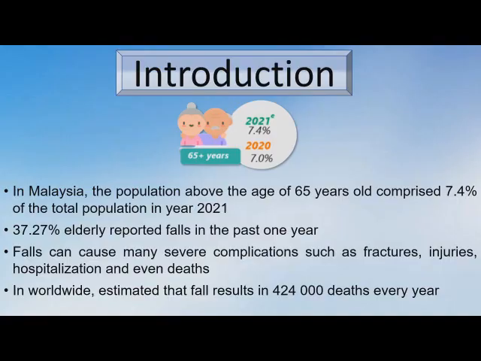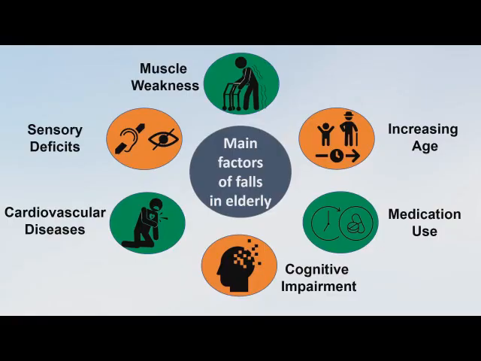So in Malaysia, the population above the age of 65 years old comprises about 7.4% of the total population in the year 2031. About 37.27% of elderly reported falls in the past 1 year. Falls can cause many severe complications such as fractures, injury, hospitalization, and even deaths. Worldwide, it's estimated that falls result in 424,000 deaths every year. These are the main factors of falls in the elderly: muscle weakness, increasing age, medication use, cognitive impairment, cardiovascular diseases,